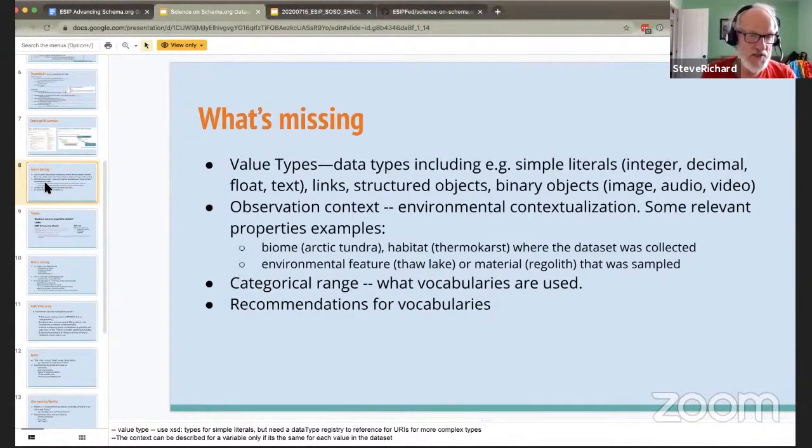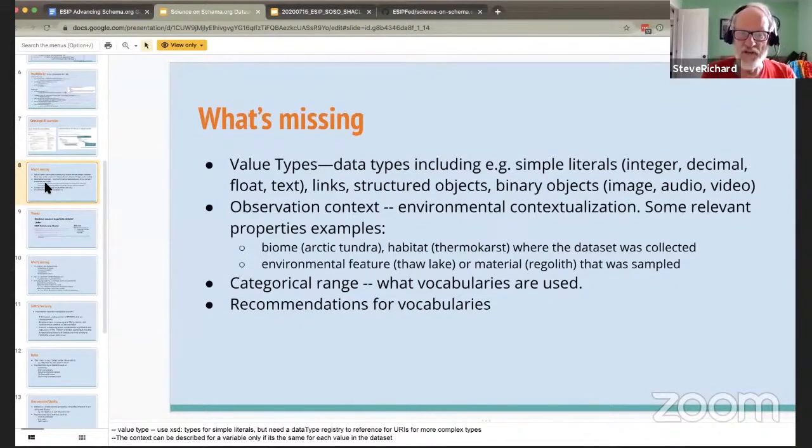Currently, the assumption is that it's a numeric value, but it might also be links. We talked about structured objects. From the discussion we had with Amos, we might also be interested in various kinds of binary objects like images, audio, and video that might be packaged in a dataset structure. So a value type property would be useful.